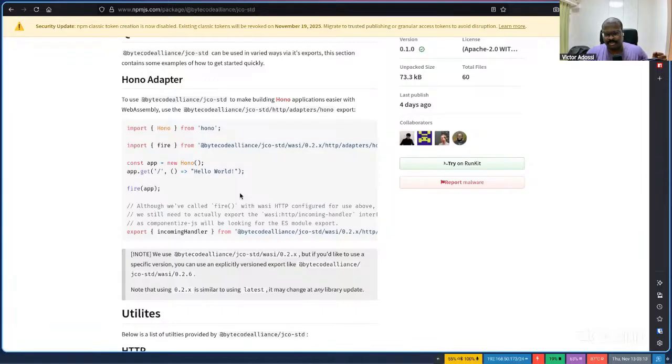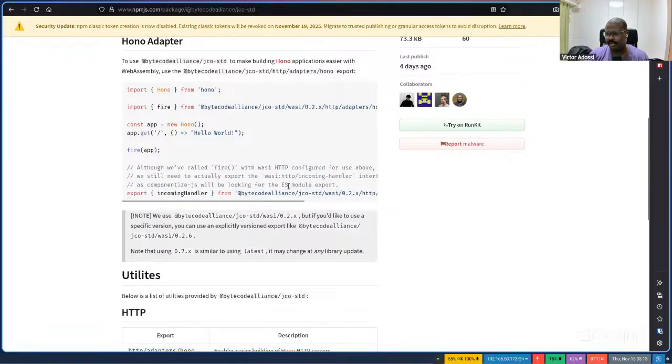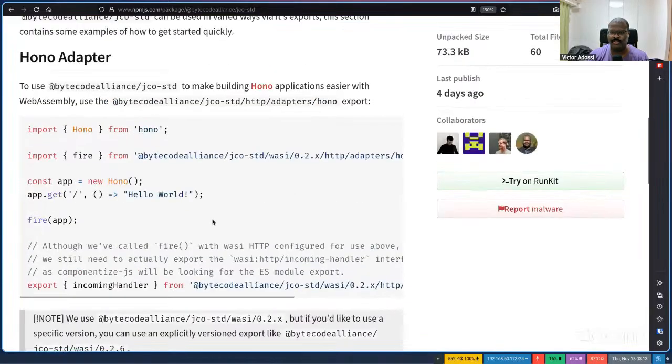For people familiar with the JavaScript ecosystem, you know that Node has its own request object, and you have the request or response object you might use in the browser. Hono basically defaults to the browser version, right? It's not tied to Node as a platform. So that means Hono can run in a WebAssembly platform as well. Adding support and making it really easy to run Hono from the WebAssembly platform is part of what jco-stl does. Now, the idea behind jco-stl is to do this for lots of things, right?